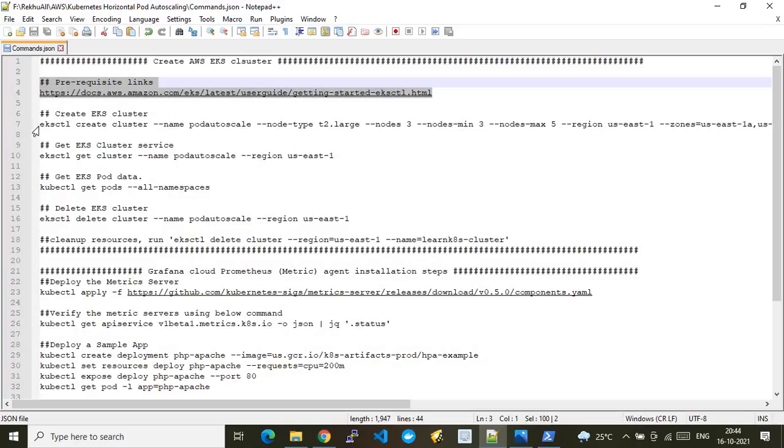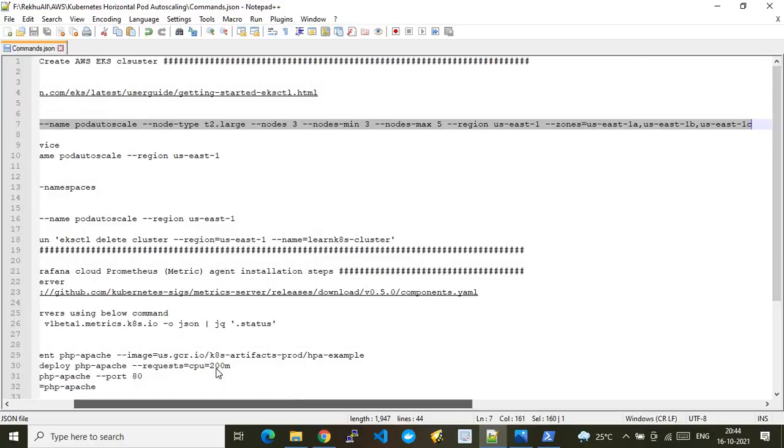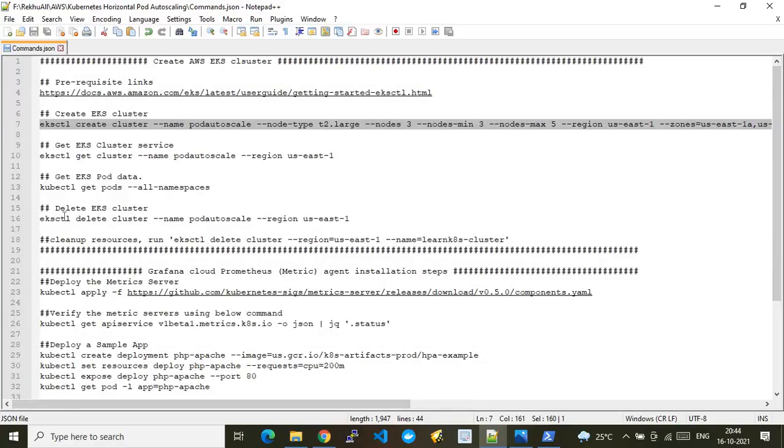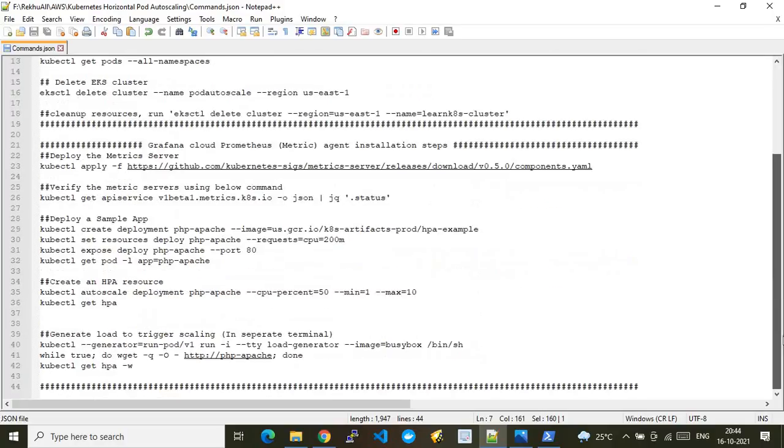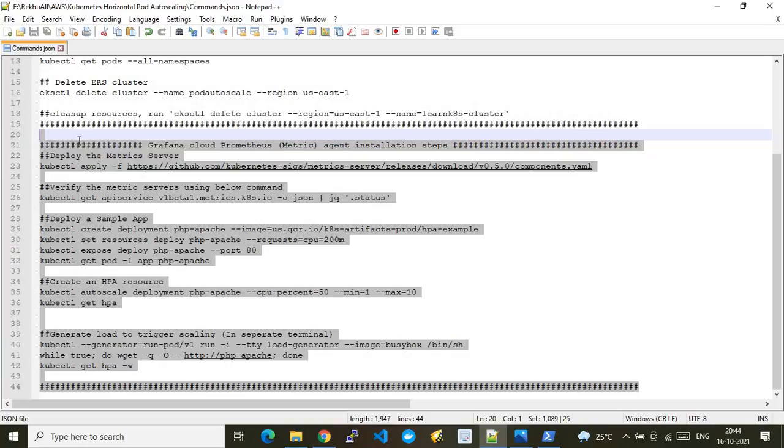After that, this is the command which we just saw. I used it to spin up my EKS cluster. After that, these are the next commands to get data about it. Then there is one more separation, which is this part. In this part, I have documented the kubectl commands that we need to run to show you the actual autoscale configuration, and also to do an artificial resource crunch and see how the pods get automatically scaled. All those steps are documented here. So with that note, let's directly jump into the demo.